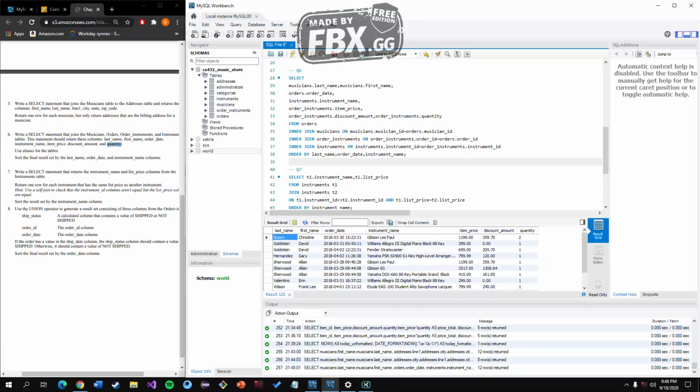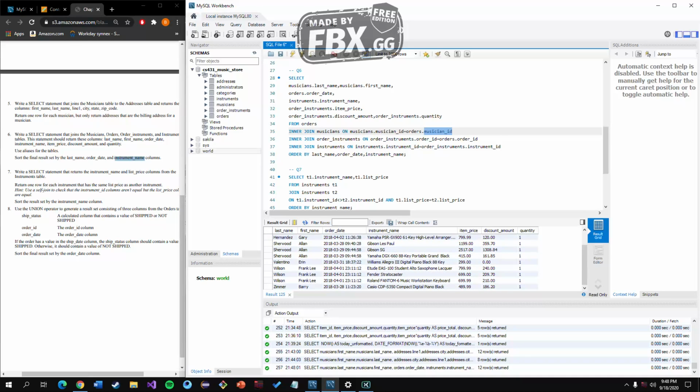So finally, the final result needs to be sorted by the last name, order date, and instrument name. So as you can see, first we applied the last name. First, everything needs to exist over here. In the orders there needs to be a musician ID. Only those musicians will show up in the output. If there is no order by that musician ID number, then that musician's name will not show up in the output. So basically it's an inner join of the whole